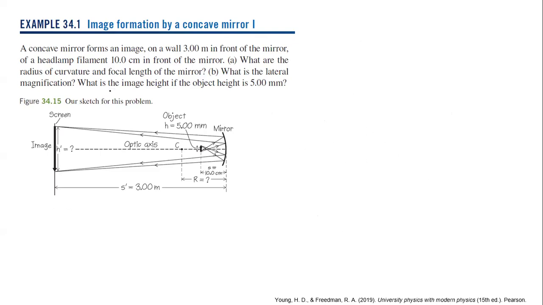So what is the height of the object? What is the image height if the object height is 5 millimeter? Okay, so we have 5.0 times 10 to the negative 3 meters. Since this is equal to y prime over y, negative s prime over s, which is given by negative 30.0, and if this one is equal to this one, so millimeter, so we have m,